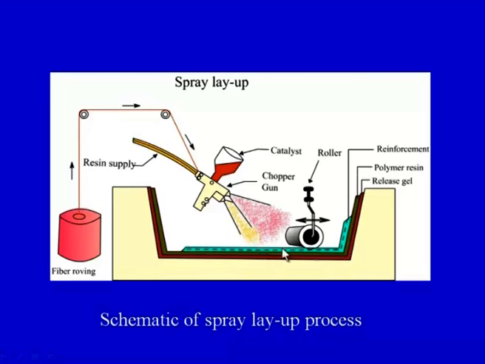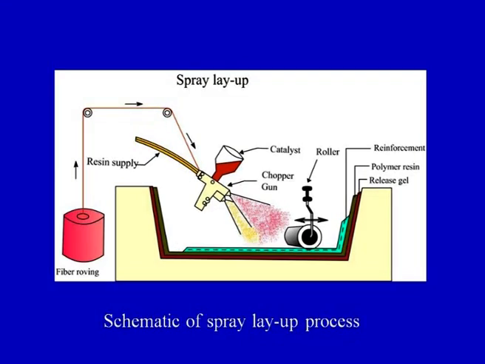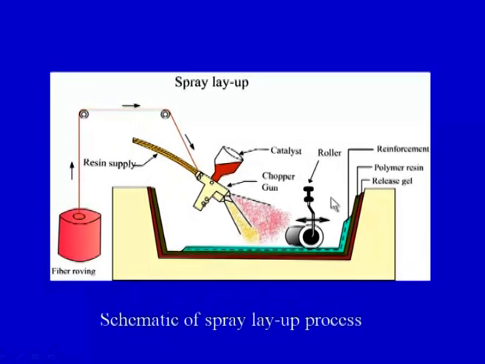So this is a spray layup process in which a component is made according to the shape of the mold material. The composite product that comes out will be of this particular shape. You can see on your screen, as the arrow moves, this is the shape according to which the job will be made. The process of spray layup has certain advantages, certain limitations, as well as certain application areas.